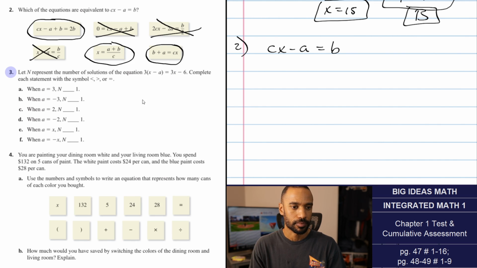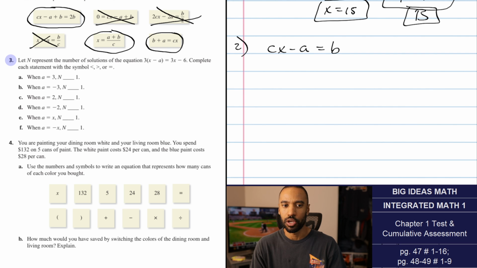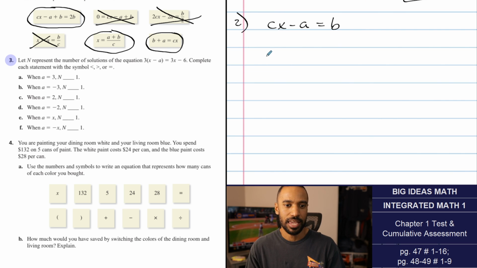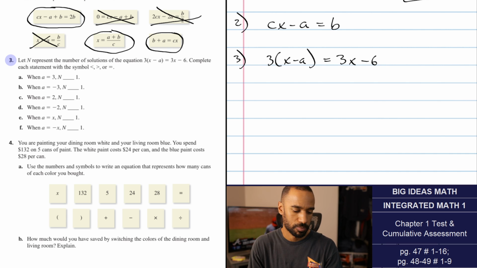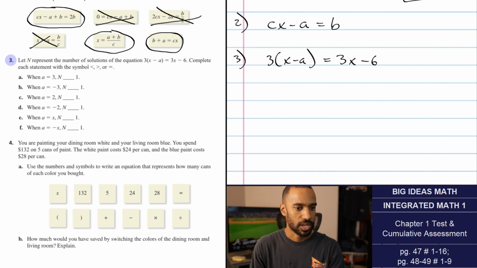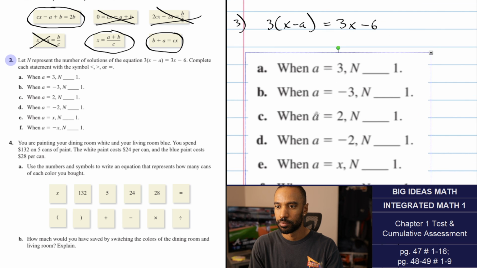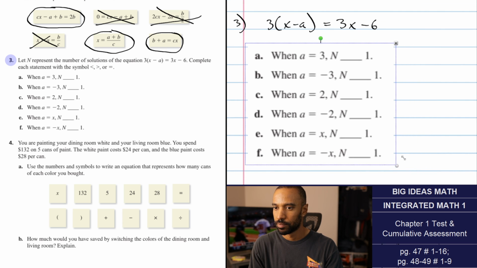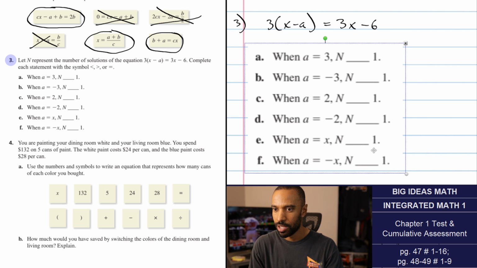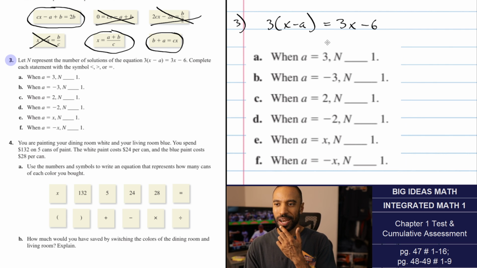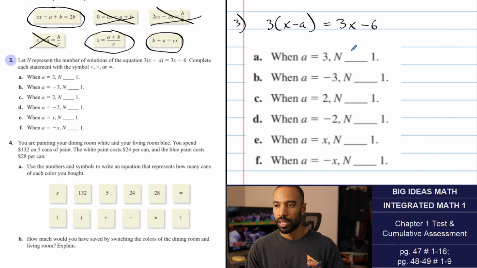Okay, number 3. Let n represent the number of solutions of the equation 3 times x minus a equals 3x minus 6. Complete each statement with the symbol less than, greater than, or equal to. So what I'm going to do is write this equation. I'm going to copy and paste those statements, and we'll fill out the symbols. Parts A through F. Try to fit them 1, 2, 3, 4, 5, 6 lines like that. All right. Part A. When A equals 3, how does n